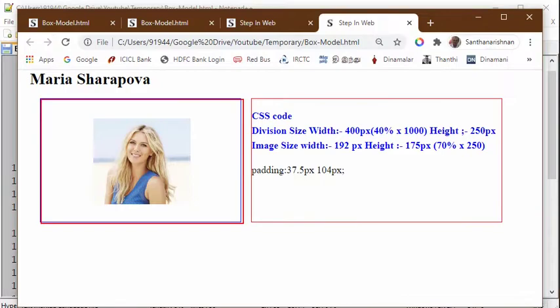You can see the same image is centered, but you can notice the difference. Previously this red border was around the image. Now the red border has gone to the border of the division, because as we already saw in the box model, padding is in between the element and the border, and margin is in between the outline of the division and the border.